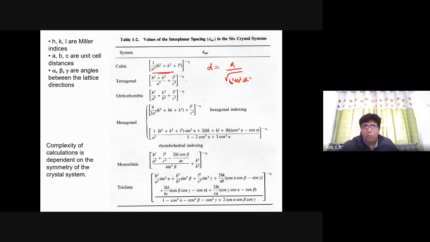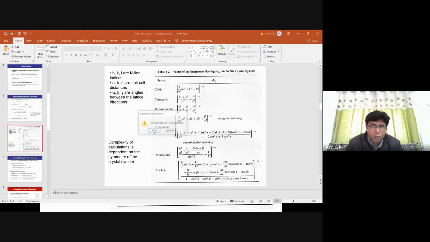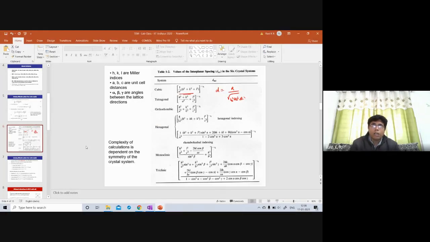But in a non-cubic system, you have more than one lattice parameter. Sometimes a is equal to b is not equal to c. Sometimes alpha is equal to beta is equal to gamma is not equal to 90 degrees. And you cannot use this formula. That is the reason you may require software. Using software, you can do that. That part, I don't know if we have time; if we have time, then I can do it. That requires software to do the analysis.